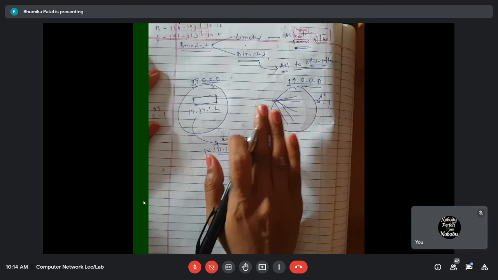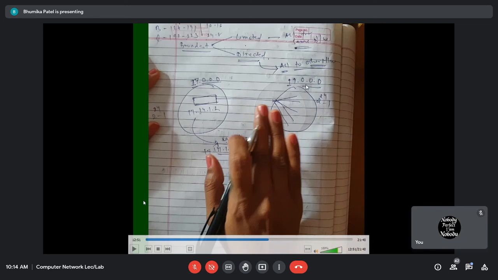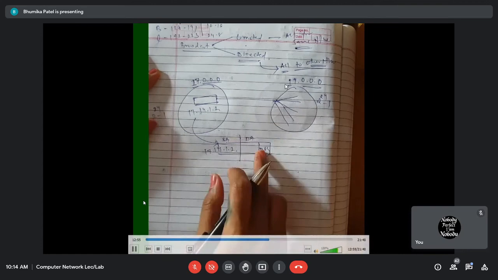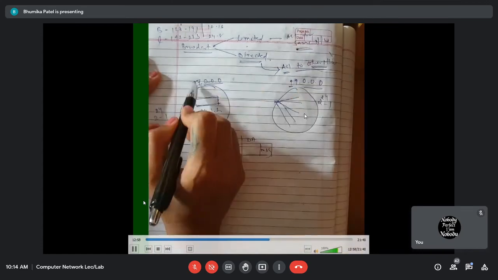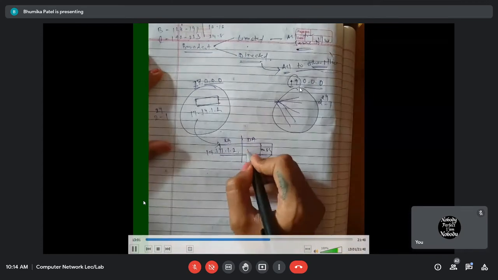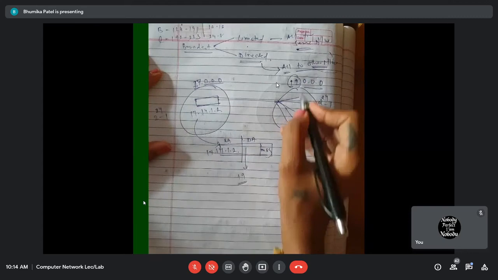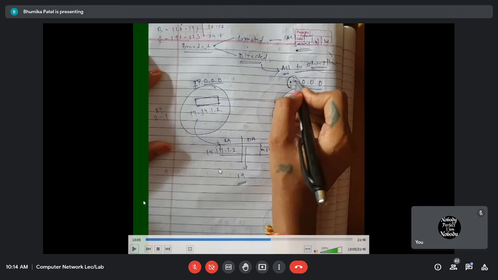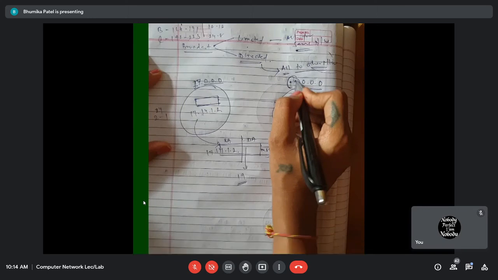Which network do I have to send to? That network is 19.0.0.0, where the first 8 bits are fixed. Network ID is 19. So I will keep 19 as it is, because it is the address of the other network. Now 19 means it is class A, the first 8 bits are found. Now I want to send a message to all the devices in this network. So in the host ID part, I'm going to put the bits as 1.